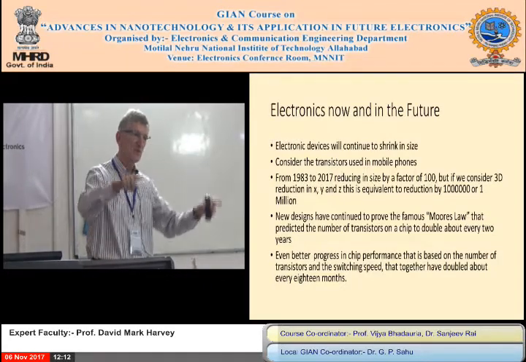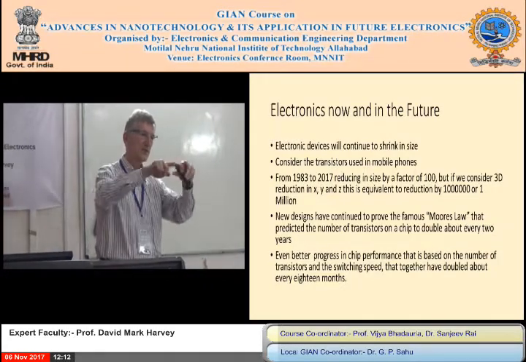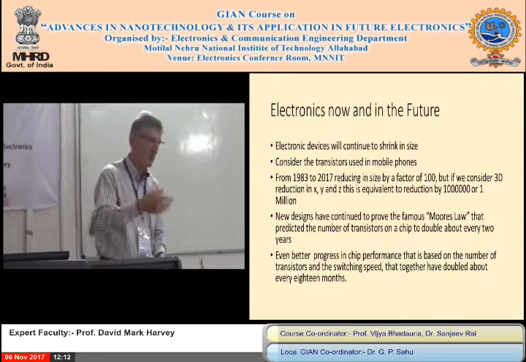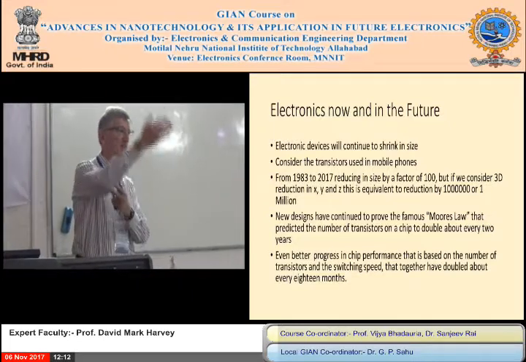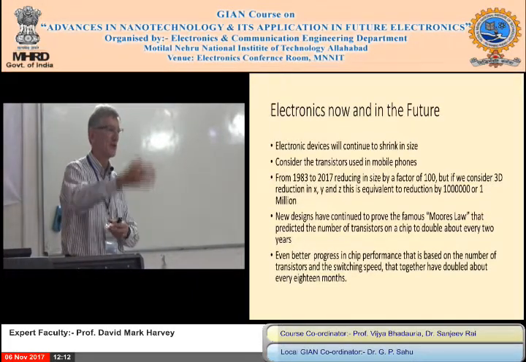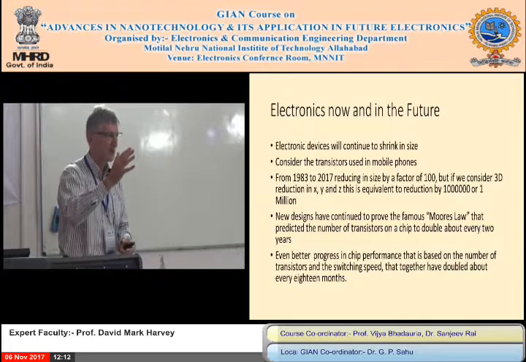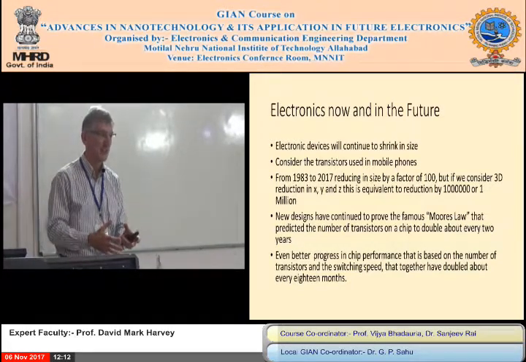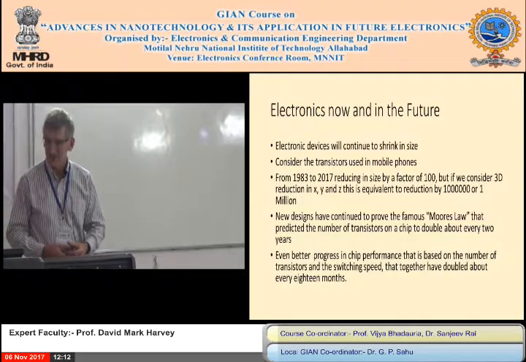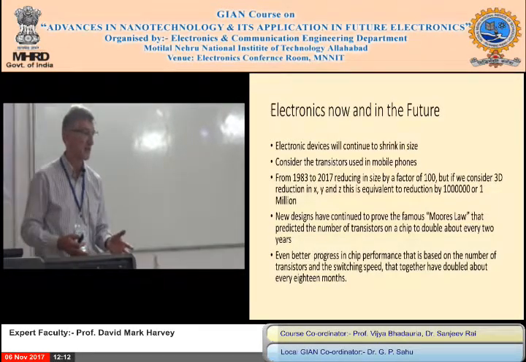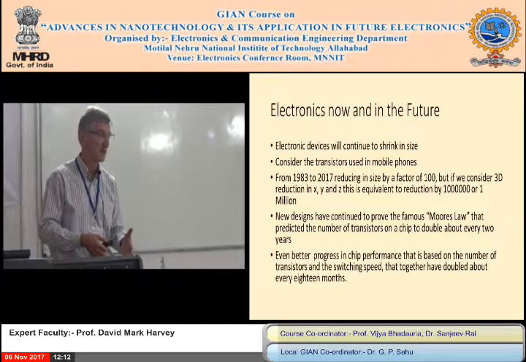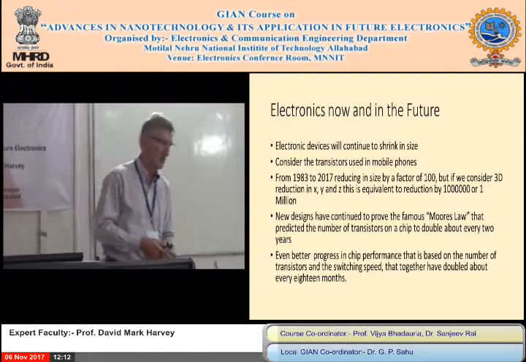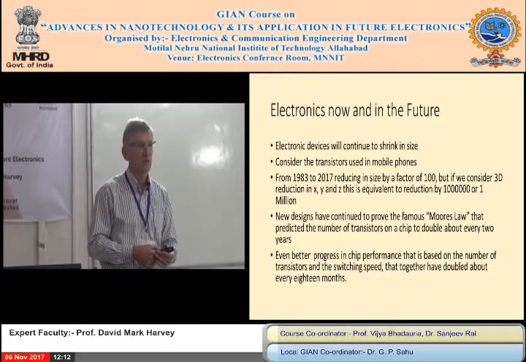But transistors are 2D, so it's a square level. That factor of 100, 10 squared, becomes 10 to the 4th. But now we're going into the Z plane, and that's also going by about the same, more or less. So now we're talking about 10 to the 6th. So transistor density up by a million in X, Y, and Z. This is incredible engineering for semiconductors. You may have heard of it, you may not: it's a famous law called Moore's Law.